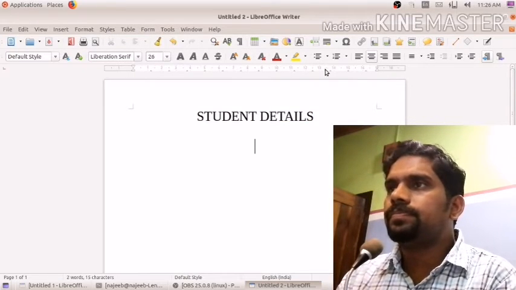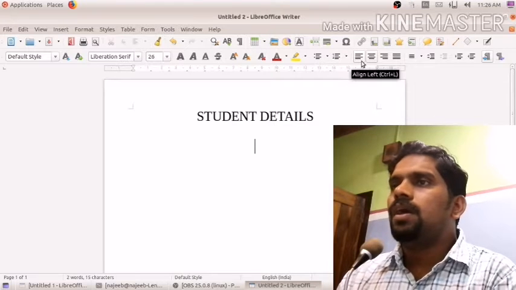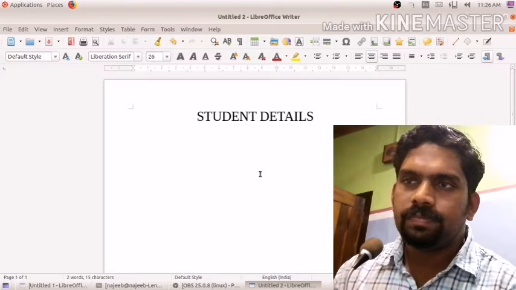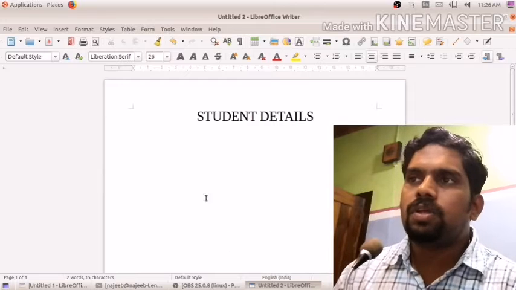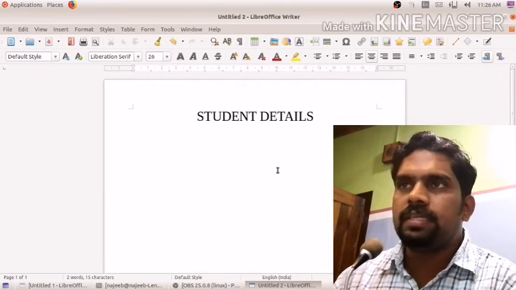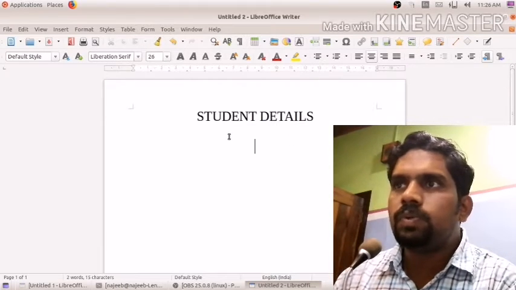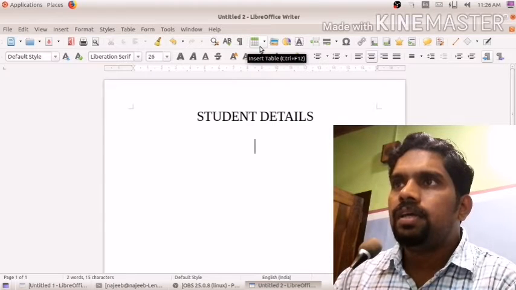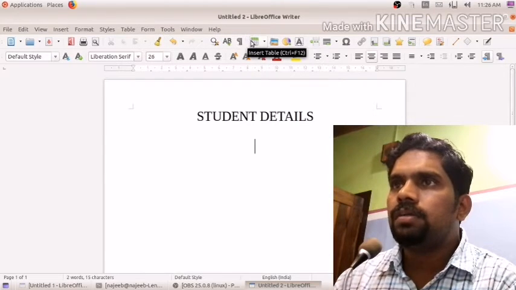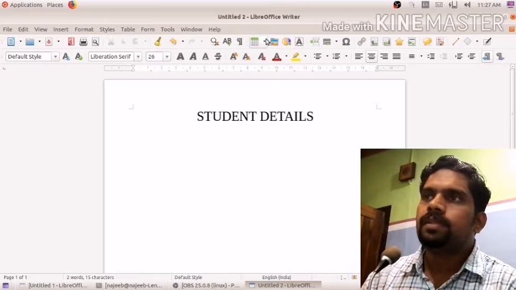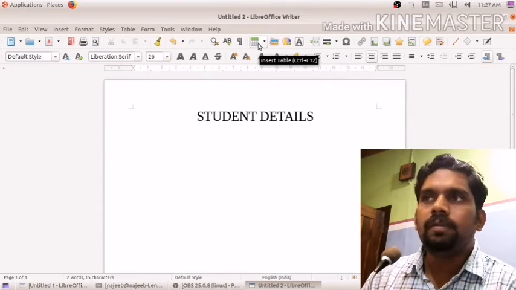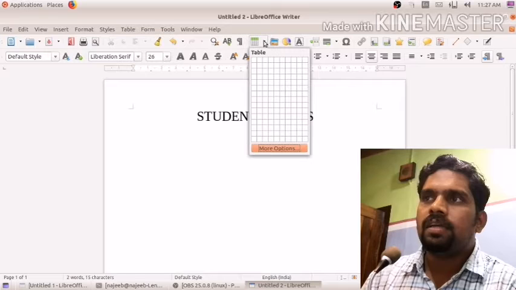And you see, I want to insert a table here. That table consists of the student details. So how to do it? You see here in this standard toolbar, we have an option that is table, insert table. Yes, we can click there and we can select how many rows, how many columns.